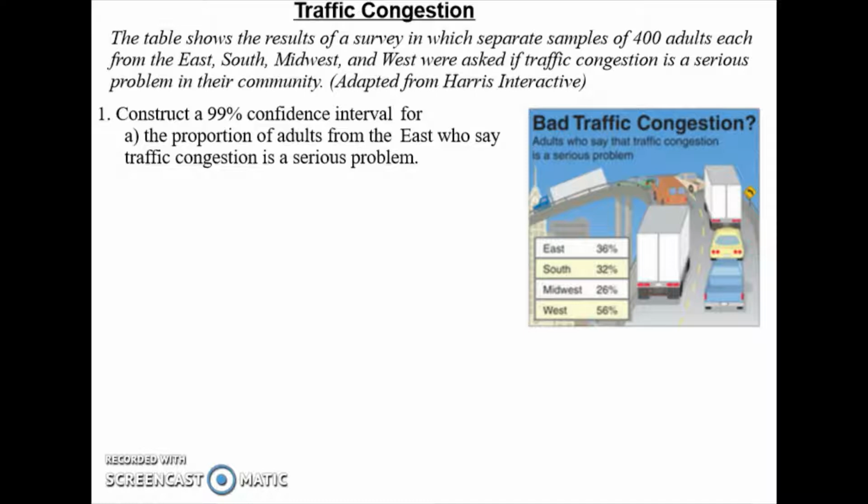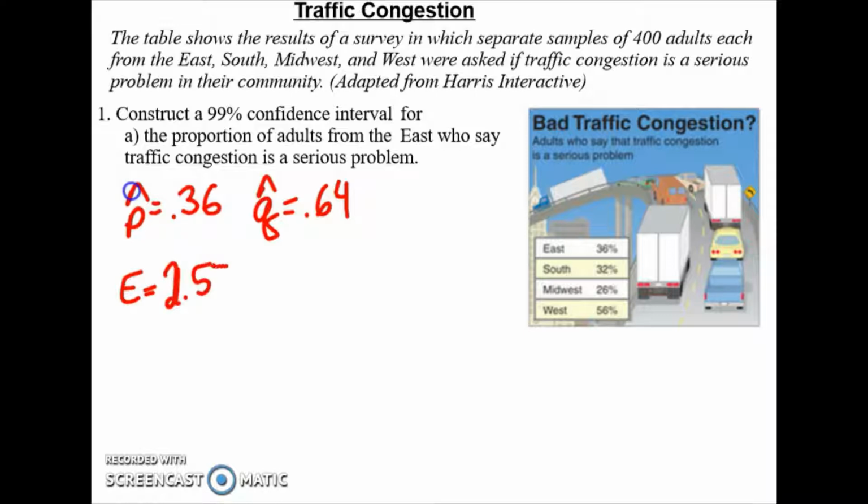All right, so the last problem was dealing with the traffic congestion. And we had this table showing some different percents, and they want us to go from the beginning and calculate the confidence interval for the proportion of people from the east who are concerned about it. So we know that from the east, our p hat is 36/100ths, which means that our q hat would have to be 64/100ths. So we need our error, and that's going to equal, in this case we're doing 99%, so